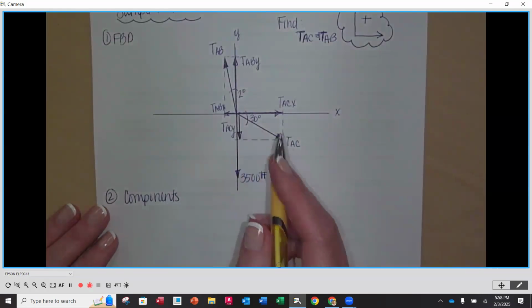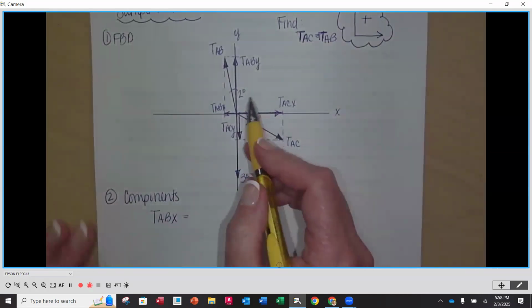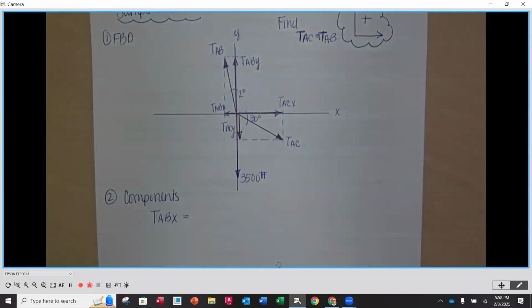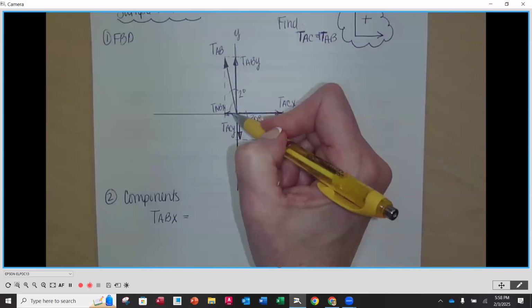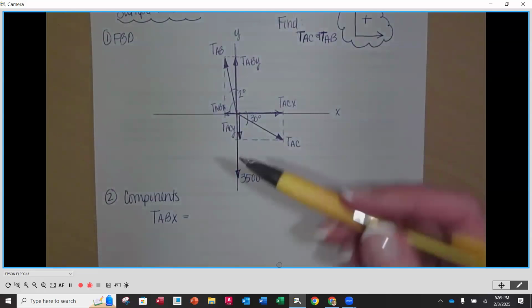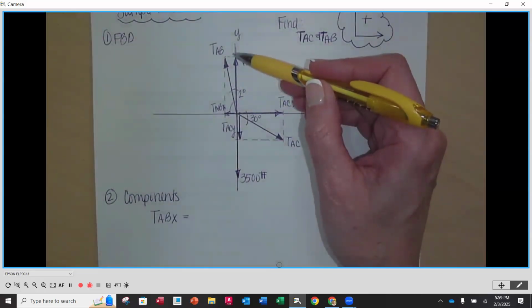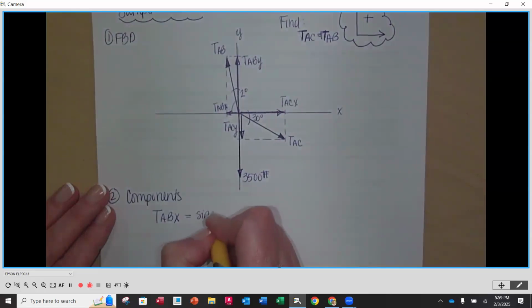So the first one I'm gonna do is going to be my TABX. And that's going to be equal to, now I'm given the 2 degrees. It's totally up to you. Some people like to have the cosines with the X's and the sines with the Y. If that's the case, then what you need to do is subtract 2 degrees from 90 and use this angle here, which would be 88 degrees, right? So you could do the cosine of 88, or for the X, it would be the side opposite, right? Equivalent, it would be the sine of 2 degrees. Either one. I'm going to go with the sine of 2 degrees